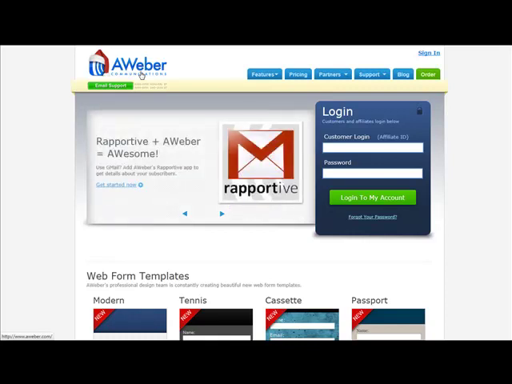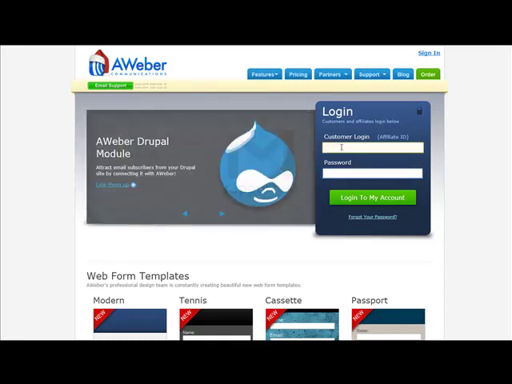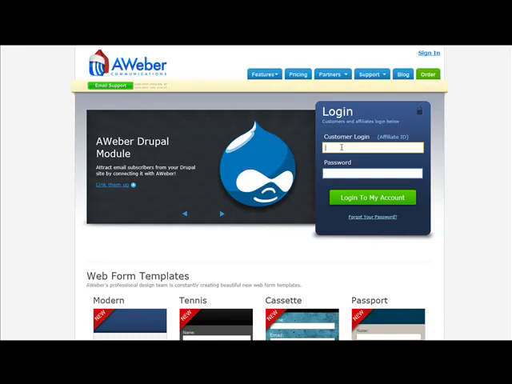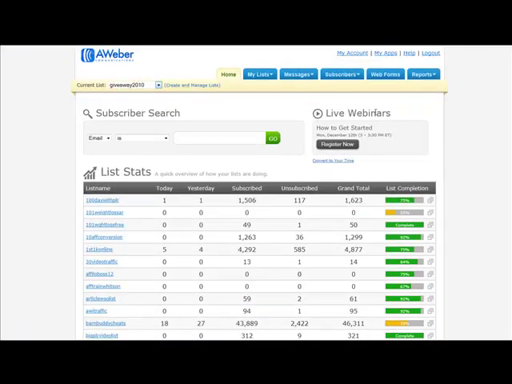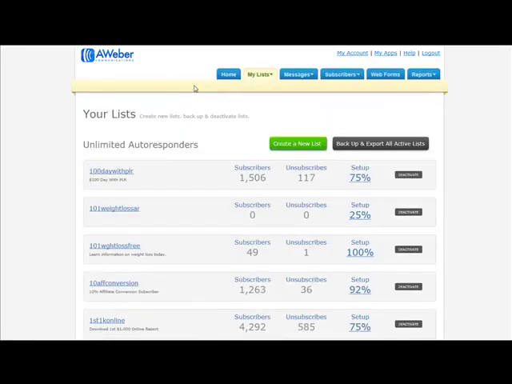what you're going to want to do is just sign up, and if you're already a customer, we're just going to go ahead and log in here. So we'll just pause the screen here and log in. Okay, so we are all logged into our Aweber account. In my particular account here, I've got several different Aweber accounts inside here. So what you're going to want to do is select Create and Manage List, and you'll just want to create a new one. So I'm going to create a new list,